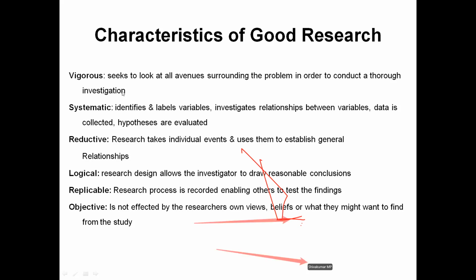Fine. And that individual event resulted in establishing the general relationship. Generally, for every action, whatever the action it is, whether you throw the ball, whether you jump into water, whether you slap somebody, whatever you do, for every action there is an equal and opposite reaction you will find under the sun everywhere. So a small individual event is used to establish the general relationship. That is reductive.